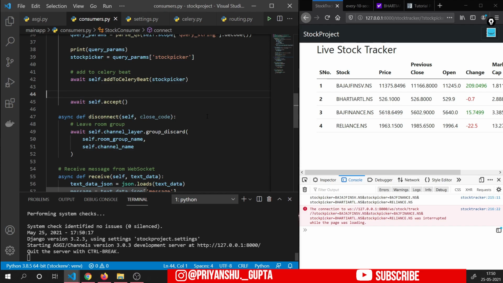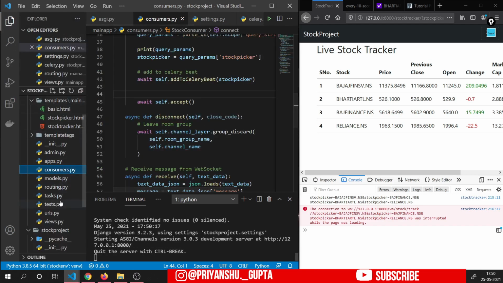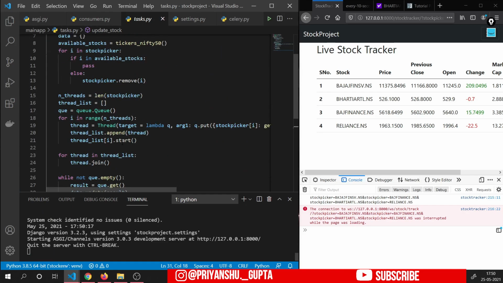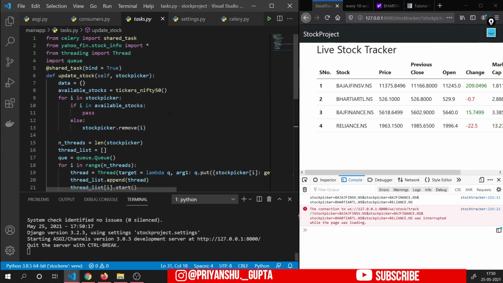For sending that data to front end, we will have to move to this tasks file, right? The task file in which we are retrieving the data from third-party API, and inside this we will have to send the data to WebSockets, to group.